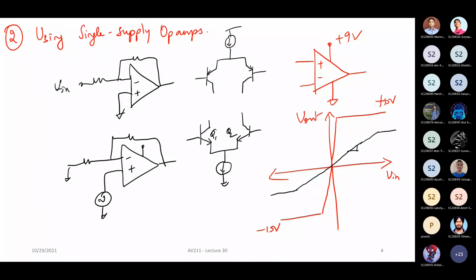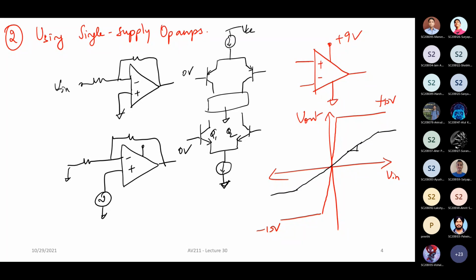Now, let us say this is VCC and you have some bunch of circuits and then you have ground. If you're going to connect 0 volt here, then you're kind of going to set the voltage at this point. So for PNP, maybe it is a little possible, but in an NPN transistor, if you're giving 0 volt here and this is also 0, now Q1 and Q2 are off.